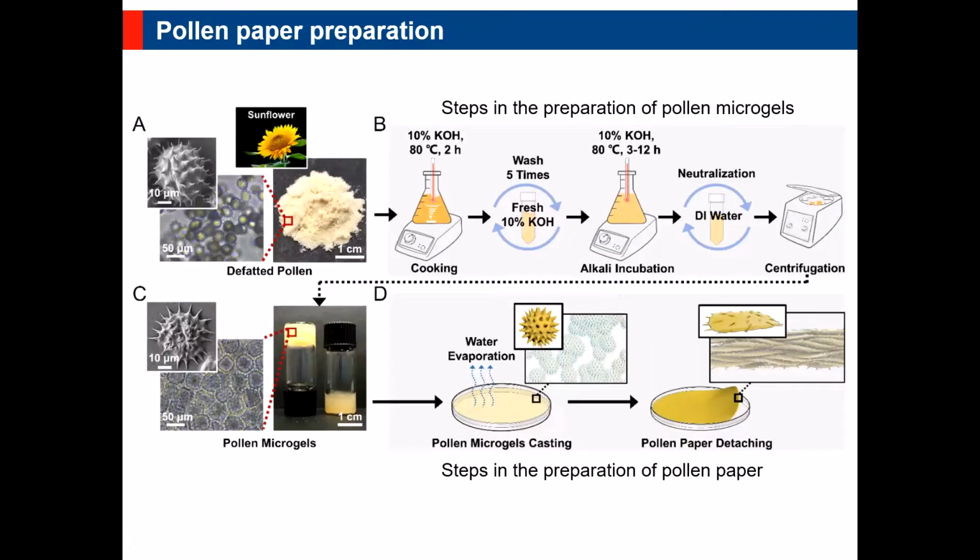First of all, we transform ultra-tough pollen grains into soft hollow material. Figure A shows sunflower pollen grains with spikes on their surface. This grain preserves its original 3D shape in dry and vacuum conditions, as seen from SEM images. In this work, we soften the hard pollen grains by making use of the traditional two-step